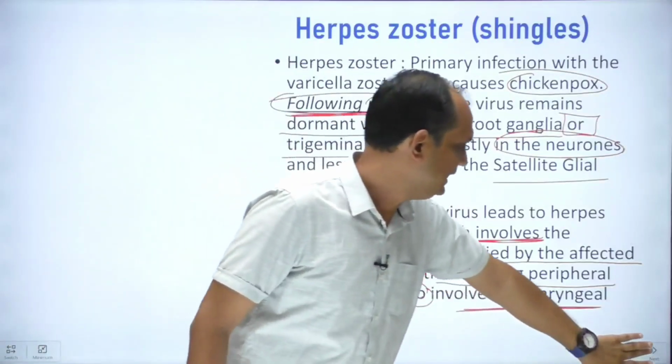Clear? So at the end of this class on trigeminal ganglia, you are able to understand what is the position of the trigeminal ganglia, what we mean by the central root, what we mean by the peripheral part, and the most important thing, what is the first order neuron and second order neuron in case of the trigeminal nerve. And we have learned about the applied aspect of this ganglia.